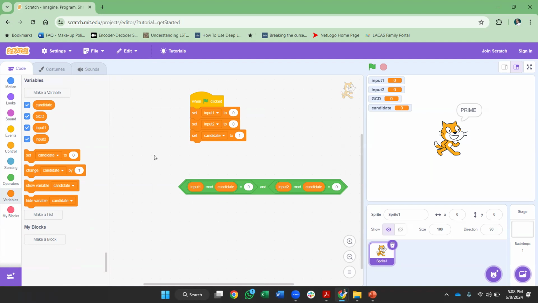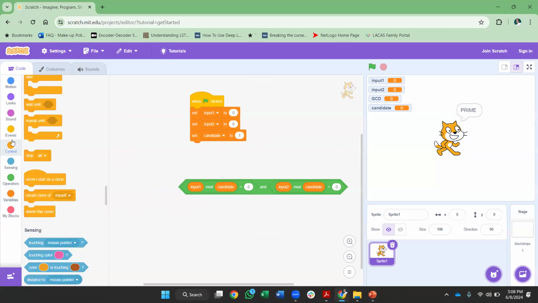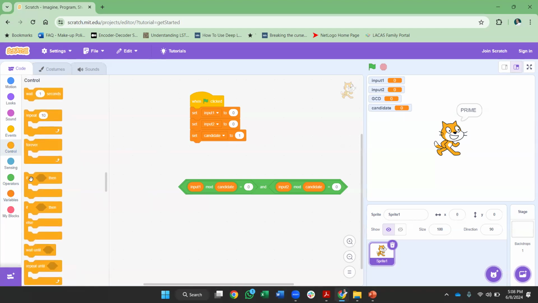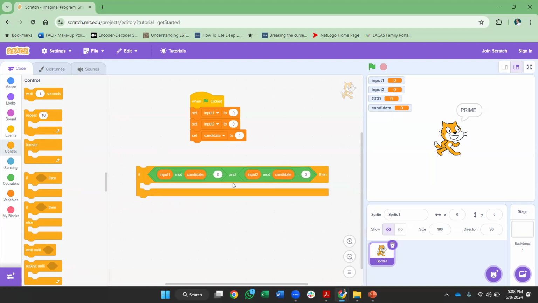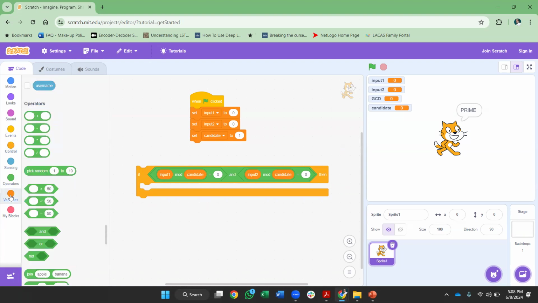So if it is a common factor of input 1 and 2, what we need to do is go into controls. And from controls, I need to bring in this if statement. Within this if statement, we just need to plug in this bigger green statement. So if this if condition is true, and a very important thing which I need to do is that